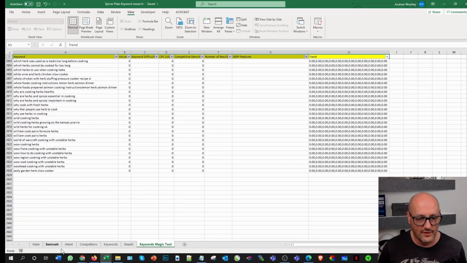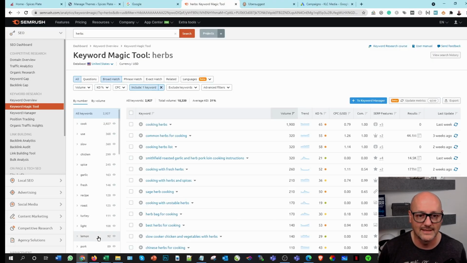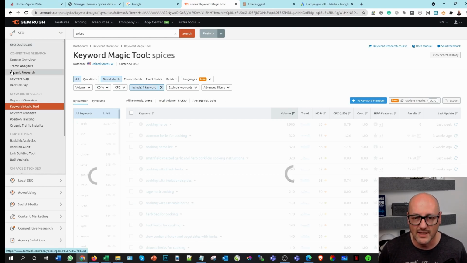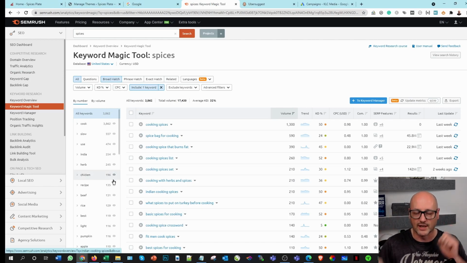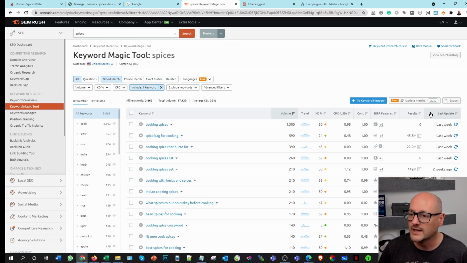So we've done the first part of this task. We have done herbs, cooking herbs. We should now do spices. So let's do spices. And this is what I said. It takes hours, normally a couple of days to do this, but hours of just going through one tool to glean as much as possible. So now we're looking for the permutation of spices and cooking in order to get what we need. And we have